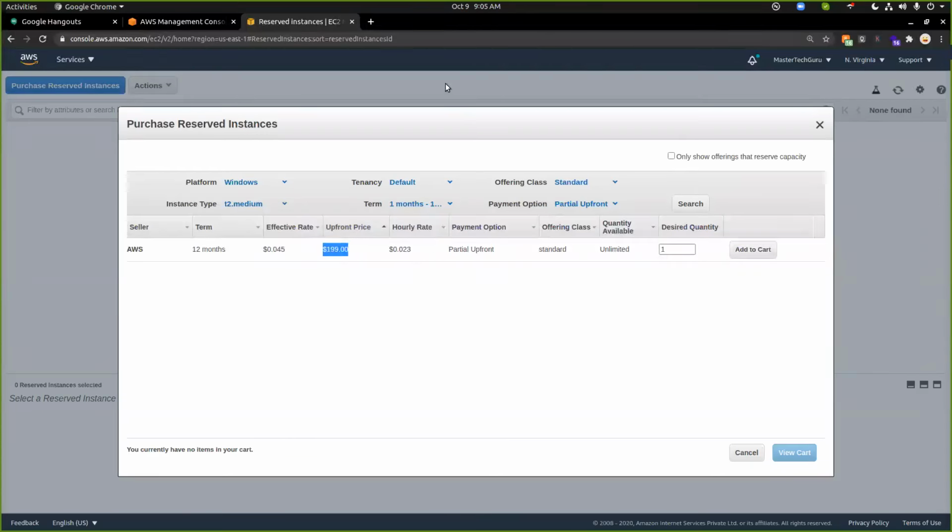Now, if you see no upfront, we have to pay all the hourly charge, which is actually cheap as compared to the on-demand instances. Now, depending on our use case, let's say we are sure about